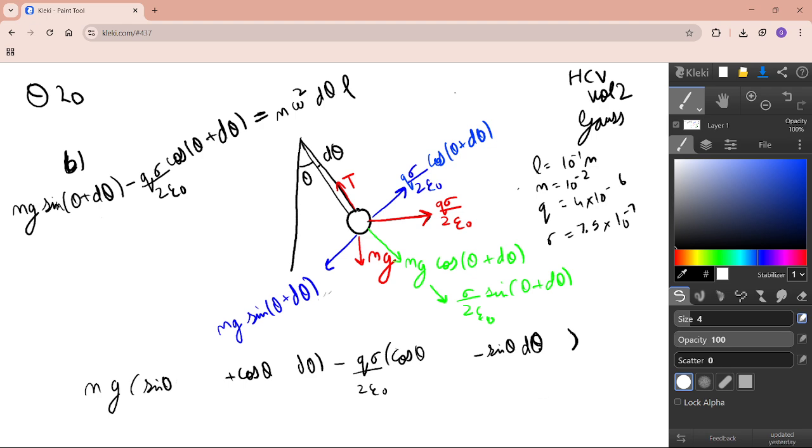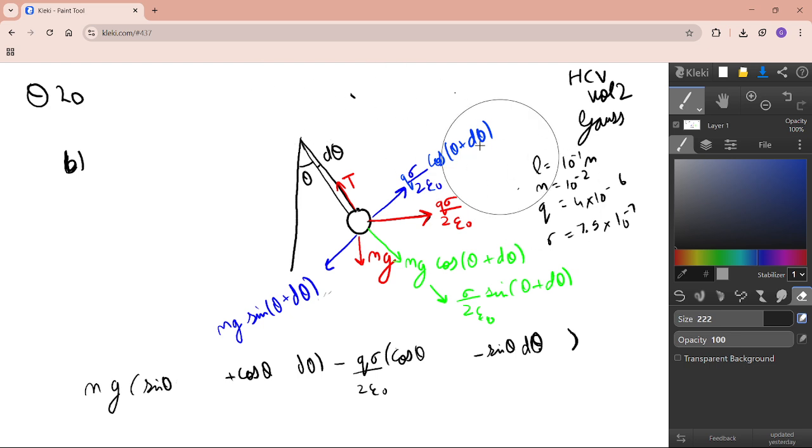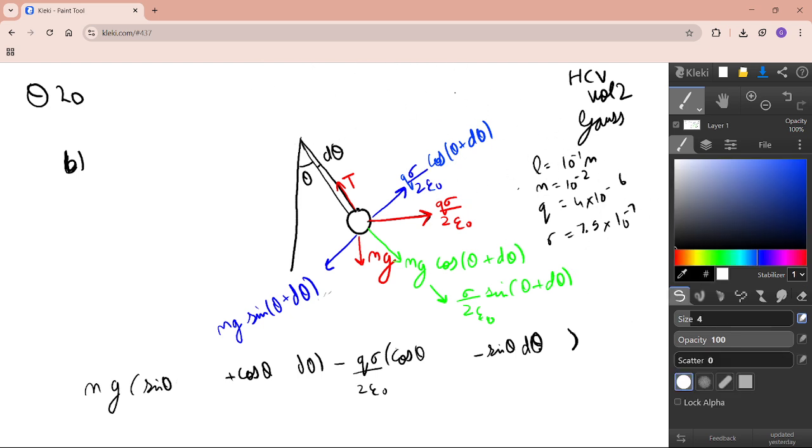Now, I said we wouldn't use this. I said we wouldn't, but in fact we are now. How? I'll tell you. No, we are not. I'm sorry. So it becomes in the end mg sine theta plus mg cos theta d theta